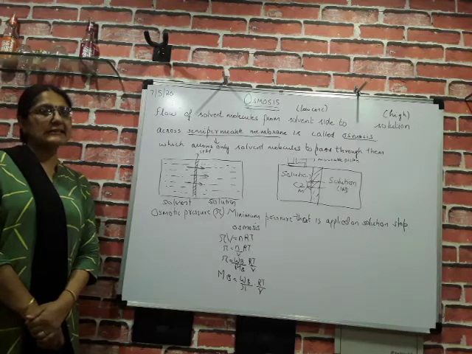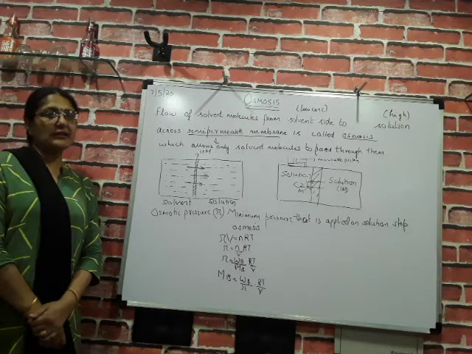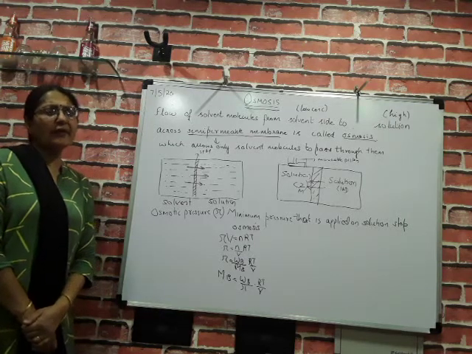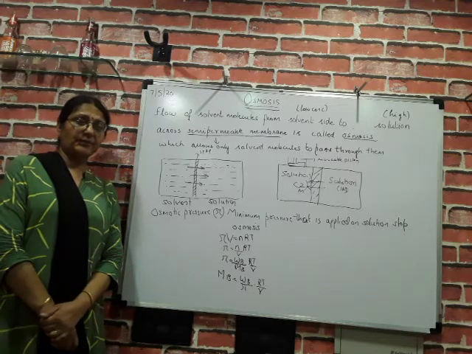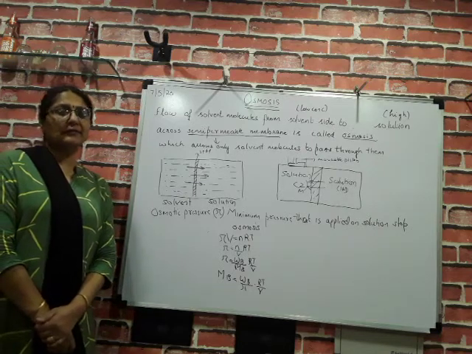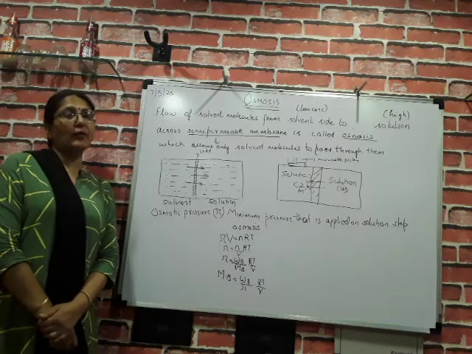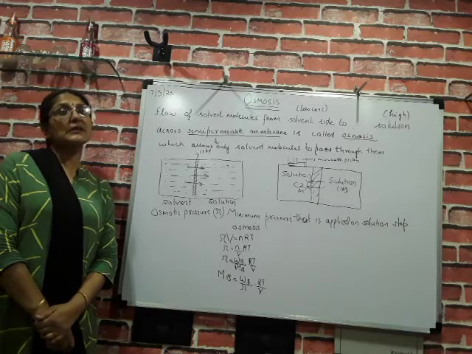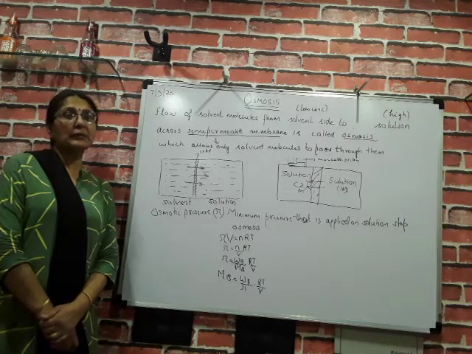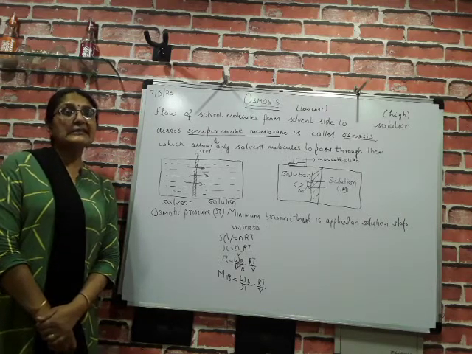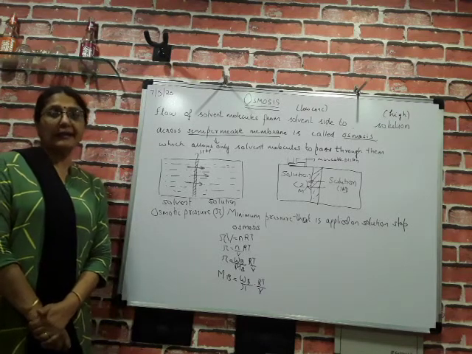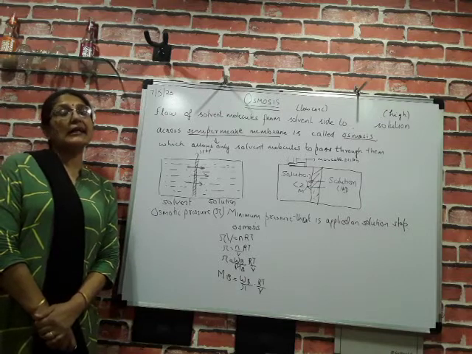Today we are going to discuss a colligative property, that is osmosis. Now before starting it, I want to explain one experiment. You have observed many times when your mother puts raisins in water. What happened? It swells up. Why? Because water in the bowl enters into the raisin, and this process is called osmosis. First we will define it and then we will see what is the direction of water.